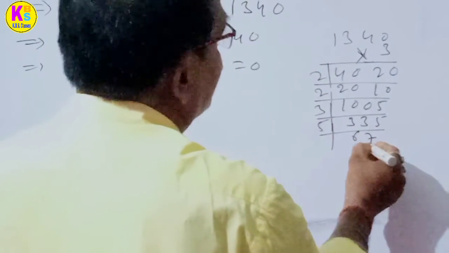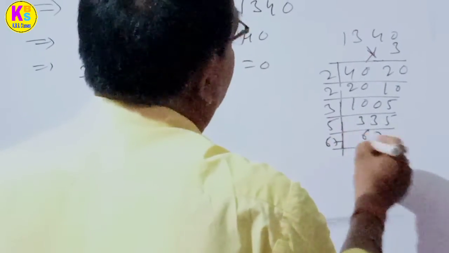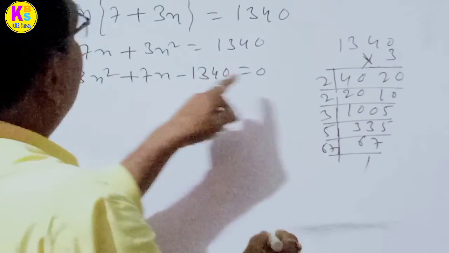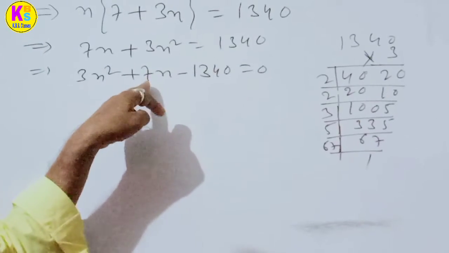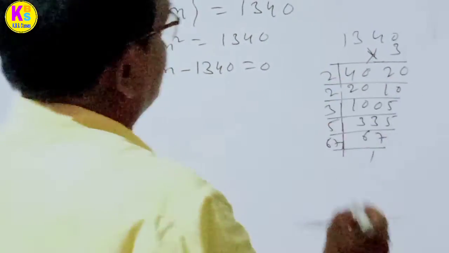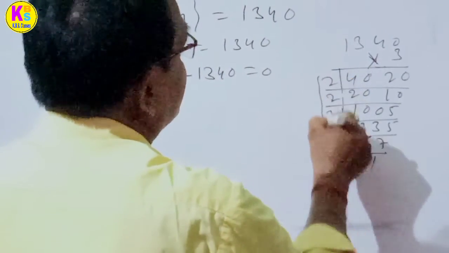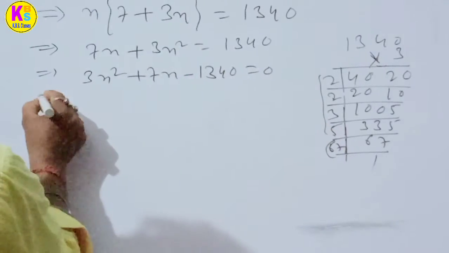This is a prime number, so it will not go further. And by subtracting we have to get 7, and the product should be 4020. So this is the number: 2 2s are 4, 3 is 12, 5 is 60, 60 and 67. Therefore we have got the